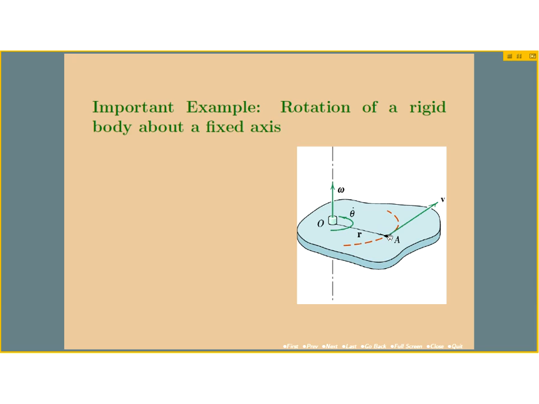Now, since this is a rigid body, the point A always remains at a fixed distance from the point O. The point O now being the point where the axis of rotation intersects with this rigid body. This means, of course, that the point A is going to move in a circular arc indicated by this orange dashed line as this rigid body rotates. Now, the angular velocity of this rigid body is shown here with this green arrow along the axis of rotation. And of course, its magnitude is theta dot, which is also indicated with this semicircular green arrow.